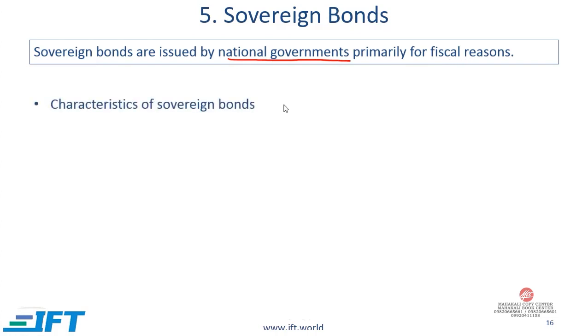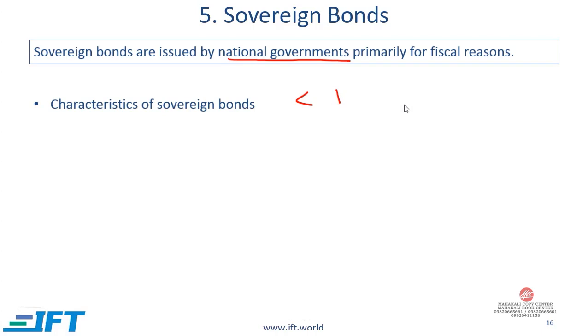Sovereign bonds have different names in different countries. In the United States, for example, they are called US Treasuries. Sovereign bonds can also have different names depending on maturity. To continue with the United States example, bonds with maturities of less than 1 year are called US T-bills, or Treasury bills. When the maturity is between 1 year and 10 years, then the bonds are called Treasury notes, or T-notes. And when the maturity is greater than 10 years, then they are called Treasury bonds.